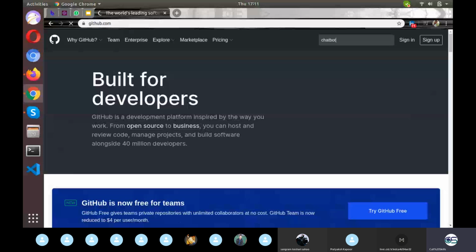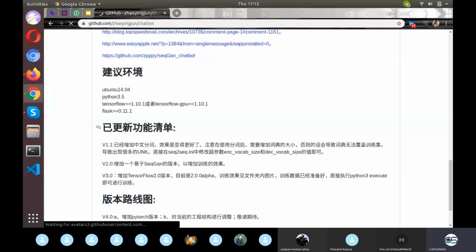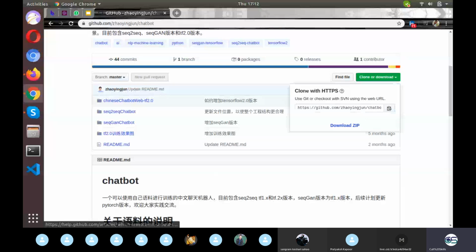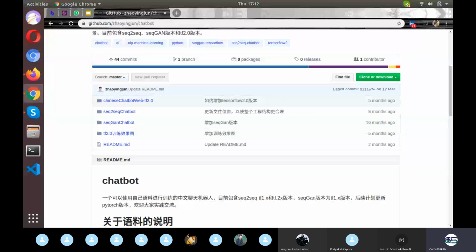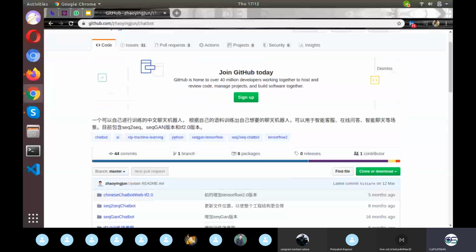Which Chinese? Anyways, let's go for it. Although it is not understood by me, and I hope by no one else as well, right here it's in Chinese, or even I don't know, is it Chinese or Japanese or what the language is. Now I need to clone it. And how do I need to clone it? Let's see. I've never been into GitHub so much. Okay, I need to sign in first.